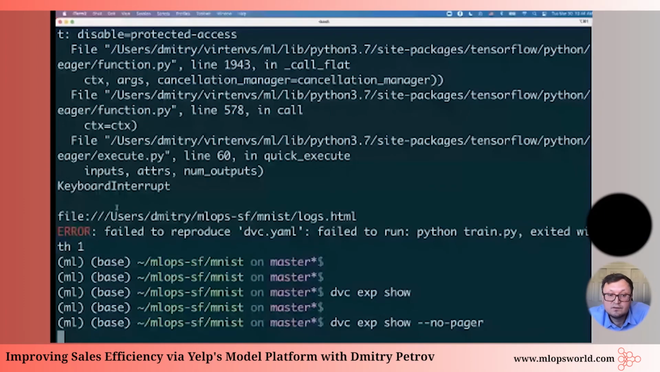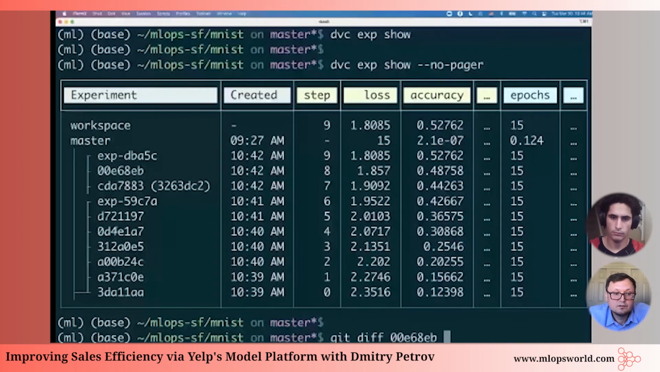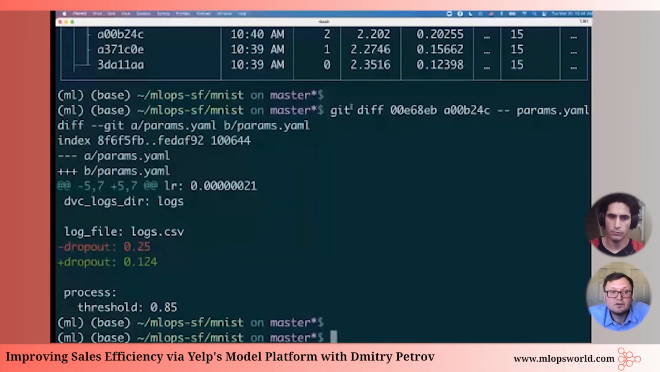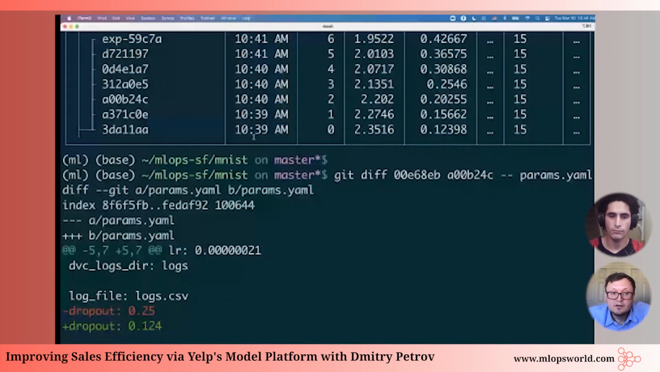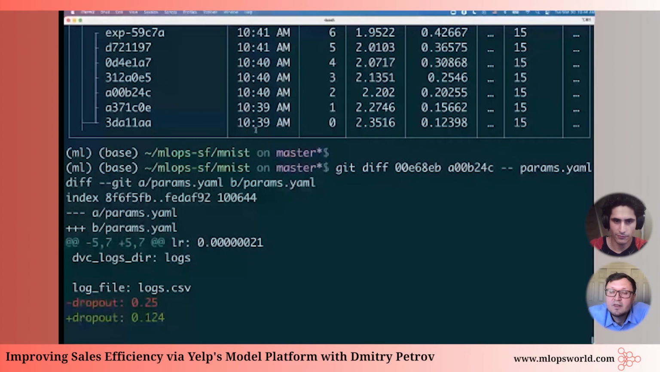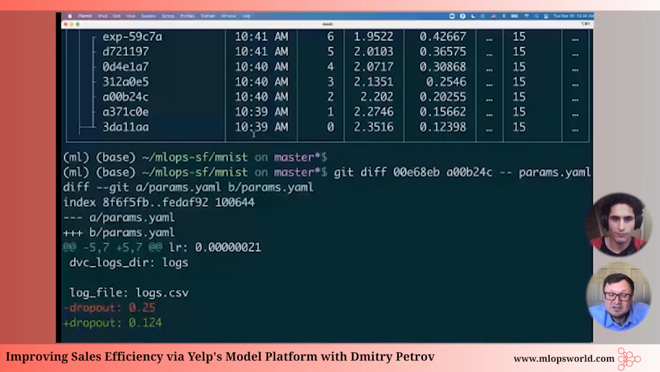Let's look at the difference in the command line, and in Git, you can look at the difference between checkpoints, let's say in a params file. So you see, all this information was tracked by Git, and everything is in the Git history. So that's how we implemented the experimentation part in DVC with the ephemeral commits,